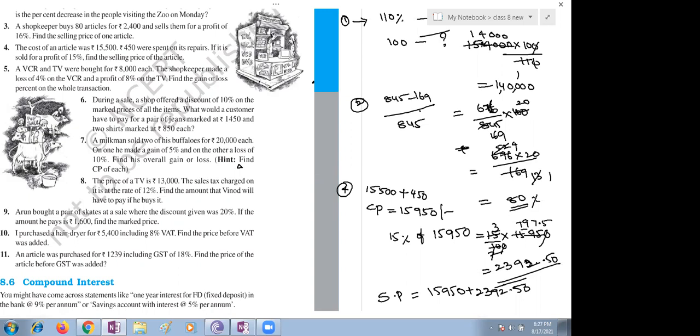VCR and TV. VCR means what, do you know, children? Nowadays people don't know. Ma'am, that box TV. That box kind of TV was there in the olden days. Unfortunately, you are unable to see that. Ma'am, I have one in my village home. Ma'am, it's known as video cassette recorder. Yes, video cassette. It was used to watch movies in olden days.